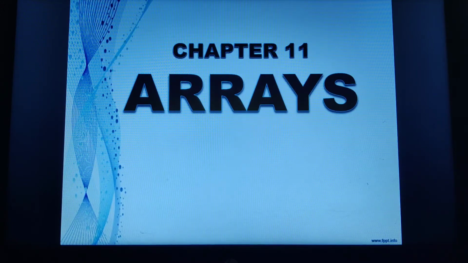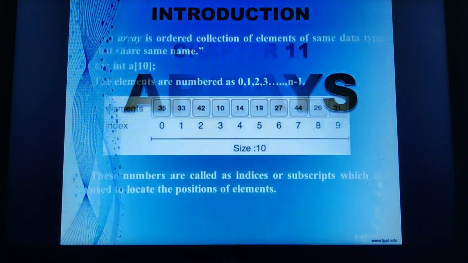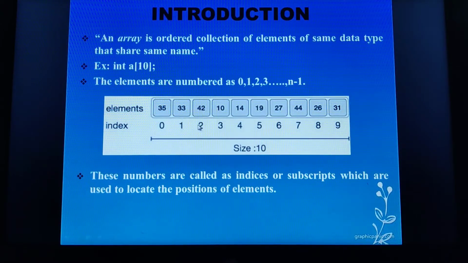Suppose we want to group data items of the same data type, more than one data item. Then I can make use of arrays. For example, here I have declared an array whose capacity is to store 10 elements and whose data type is also the same. Here all the numbers are of type integer.